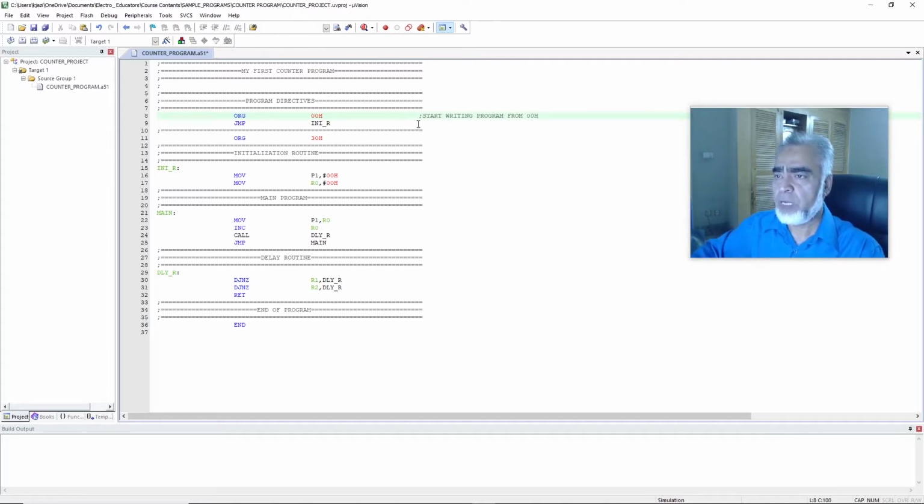Similarly, we can place a comment on the second line, like jump to initialization subroutine.